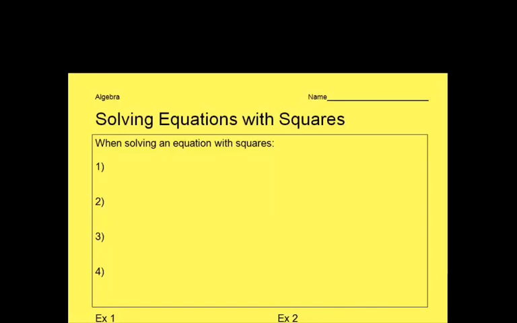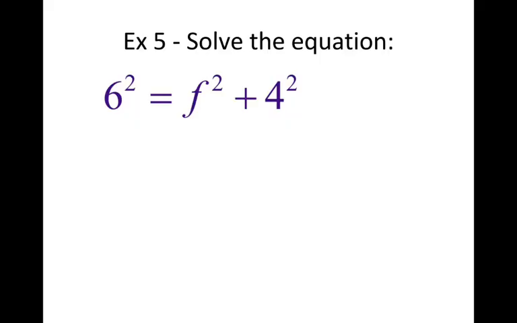We've got two more examples to do on this one also. So we've got examples 5 and 6 on the back. So example 5 looks like this. Go ahead and write that down. I'll set it up with you, and then I'll give you a little bit of time to work on it